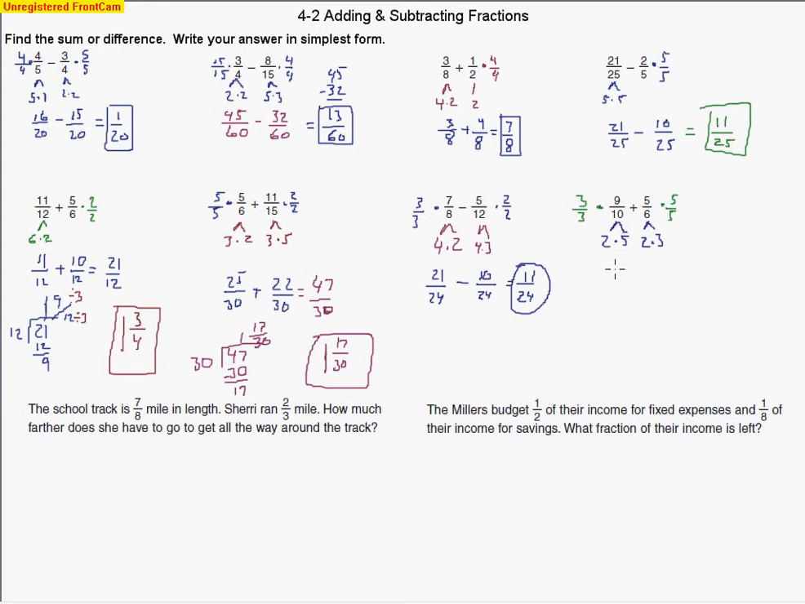So when I do that, I multiply across, I get 27/30. And over on this side, I have 5 times 5 makes 25/30. So when I add those two numbers together, I end up with 52/30. Now, I'll go ahead and reduce this fraction, but first I'll go ahead and change it to a mixed